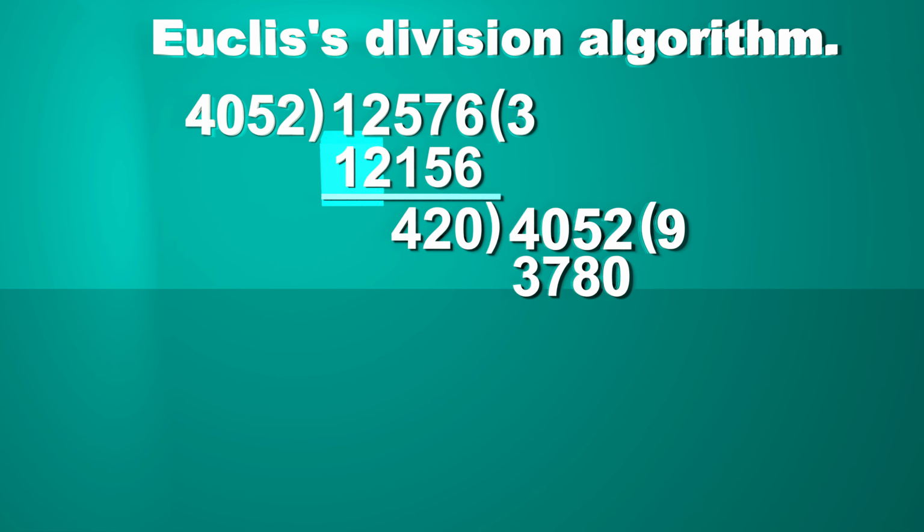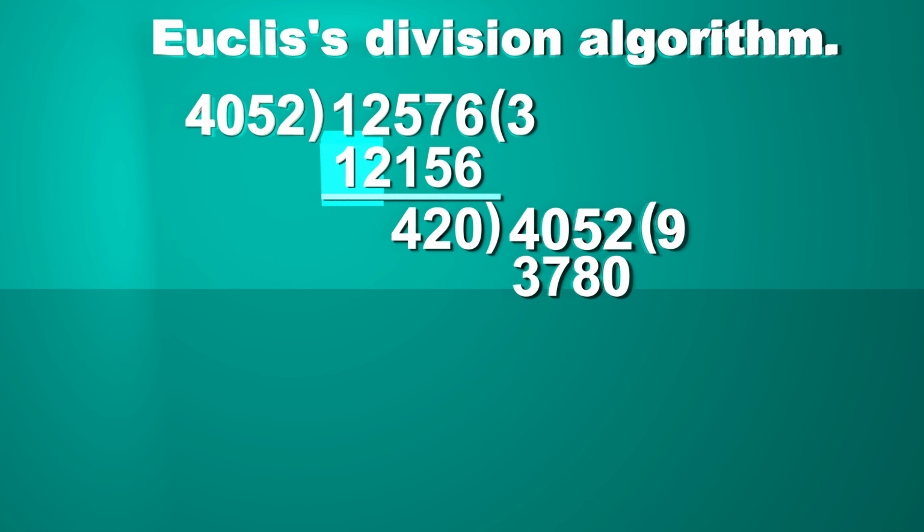Let's see the next one. So far we found the HCF of two numbers, but this time we have three numbers. So what to do now? The previous method will also be applied on these three numbers, but which number should be divided by which number first? The answer is you can choose any number as divisor and any number as dividend. The answer will be the same. Let's see how.